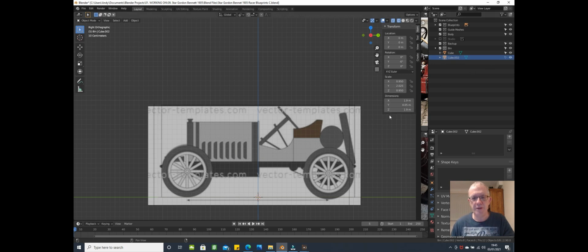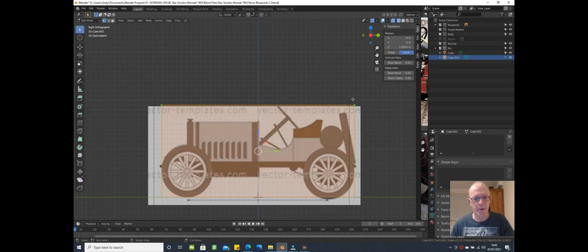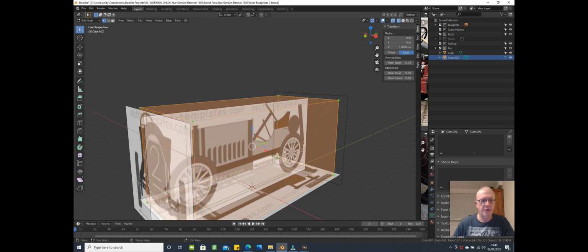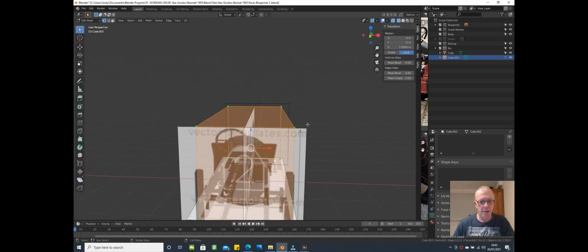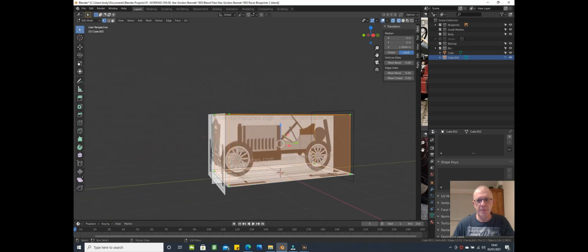If I can find it, there we go. So this is the cube that we created for the guide mesh. Okay. Of which it is